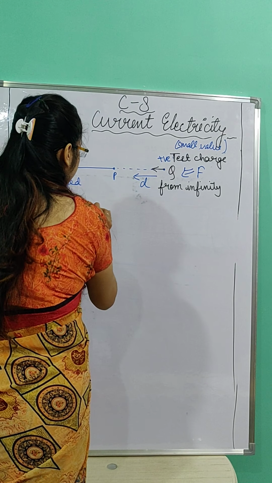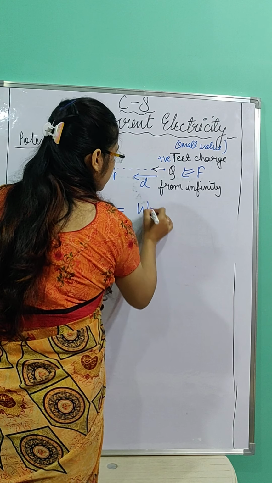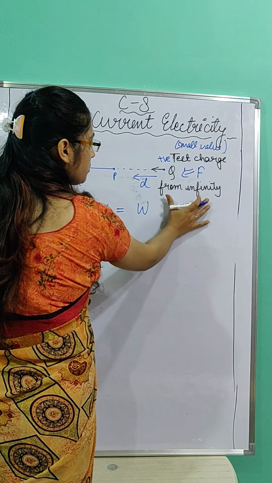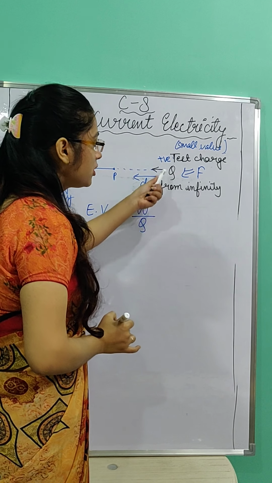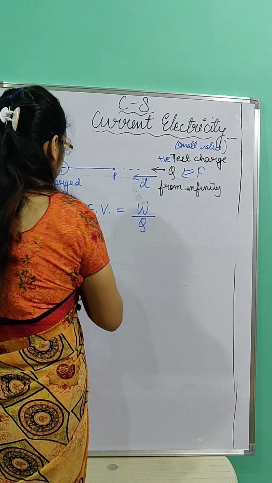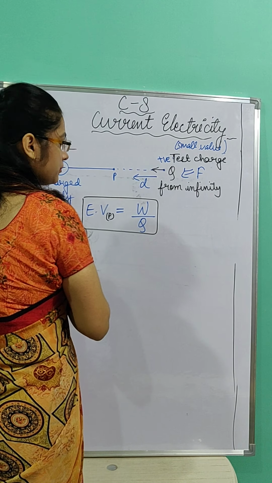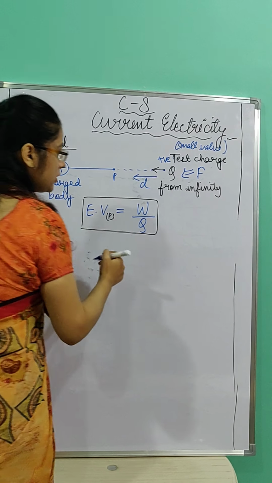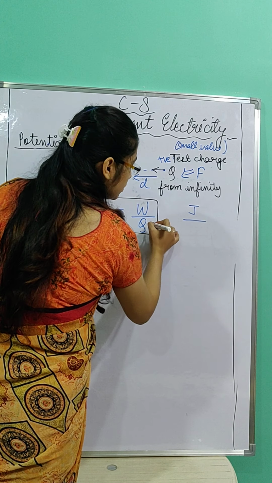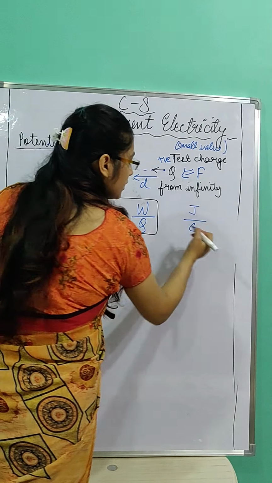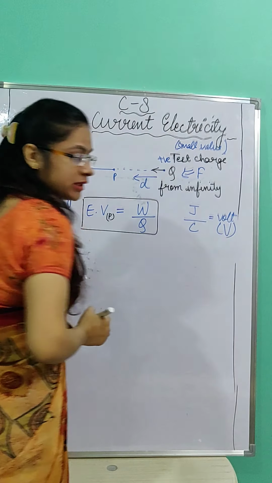Okay, this point P, we are supposing that we have to move this Q charge to point P. So the electric potential at point P is given as the work done in moving this positive test charge from infinity to point P per unit charge. Per unit charge means the amount of charge. This becomes the potential at point P. Okay. Now from this formula we can easily tell that work done is measured in joule, and charge is measured in coulombs. This is also called volt, represented by capital V.